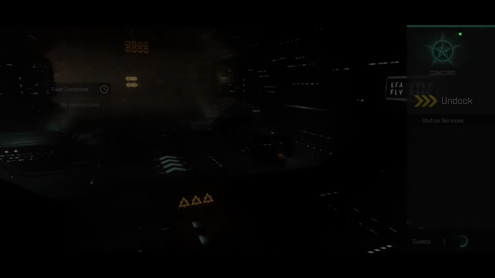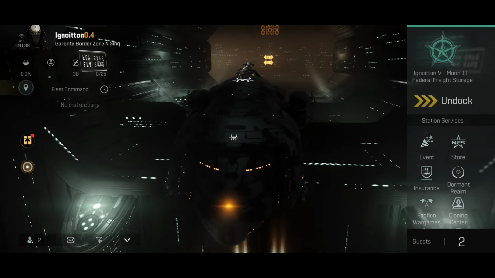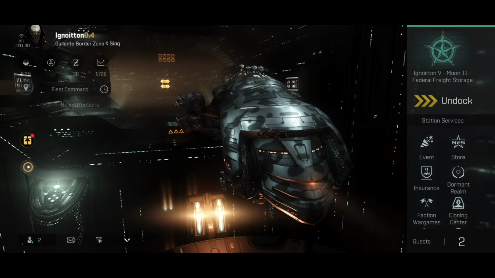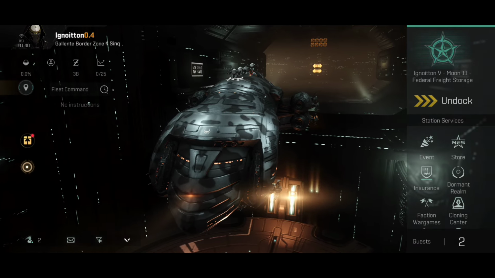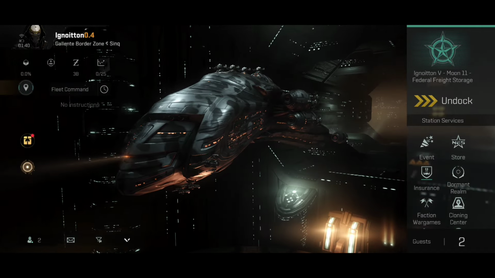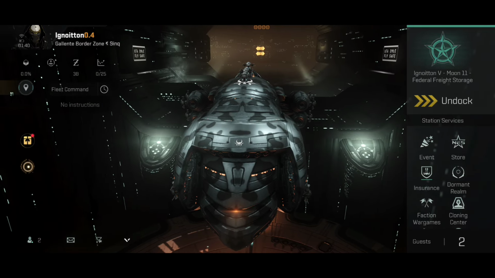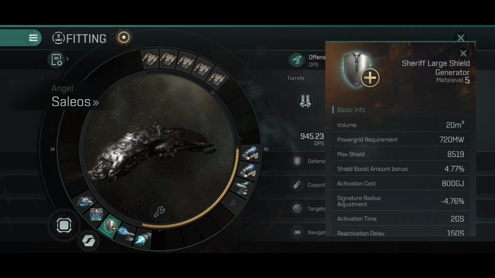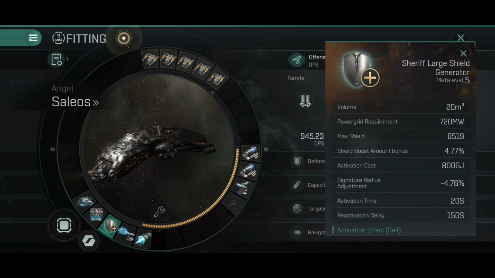So in one of the last videos, I obtained a new module that I was looking for a very long time. Basically a module that I wanted to use on my special cruisers, in this case the Saleos, and that is the shield generator. Now the shield generator does give a little bit more shield and it does have a bonus on the shield booster, but the effect that I'm looking for is the passive recharge. And the new special cruisers have a decent passive shield recharge speed, and in theory the shield generator should enhance